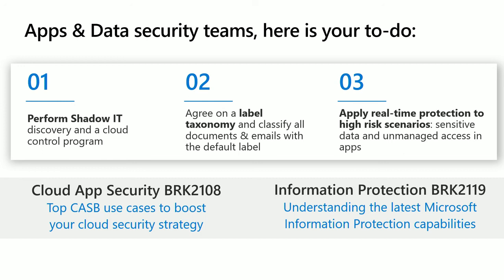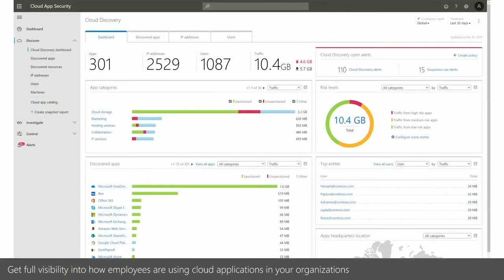And last, apply real-time protection on high-risk scenarios. Like we said, if you have a user that has to connect to an application from a high-risk scenario, you can actually sandbox that and allow what we call conditional access app control, where we proxy the session and control it in real time to put guardrails into the session.